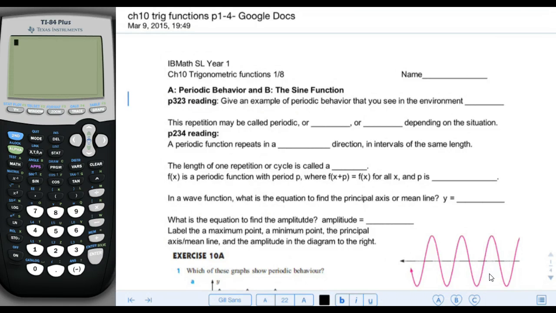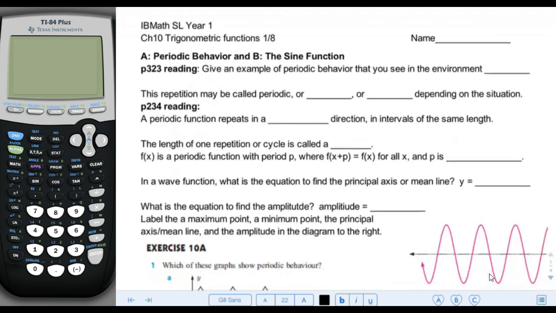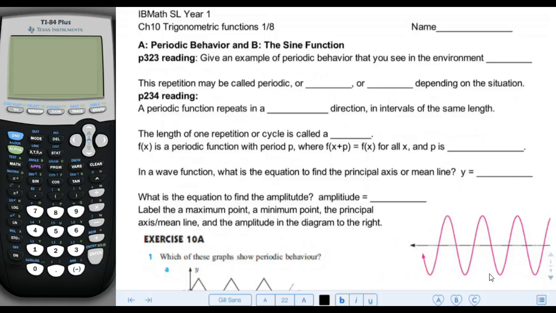Okay, here we are on trigonometric functions, page 1. Periodic behavior. Give an example of periodic behavior that you see in the environment. You could say a lot of different things here. You could say like the tides, or you could say the moon, position of the moon. You could say the time of day, the